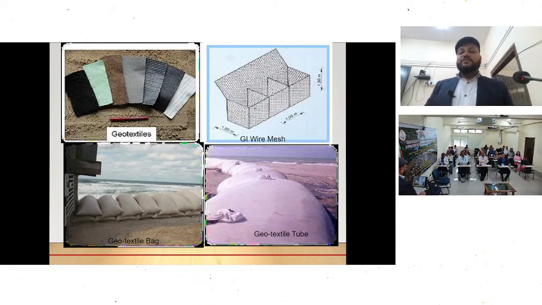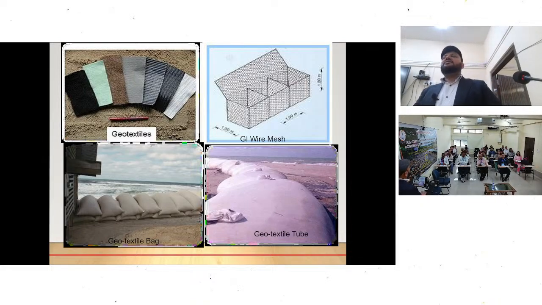These are the geotubes. This is very effective in flood control. The geotubes are sometimes around 50 meters in length, and sand is filled in these geotubes and it is very effective. Recently in Majuli, there was an embankment breach and it had to be closed by the state government. They have used geotextile tubes.